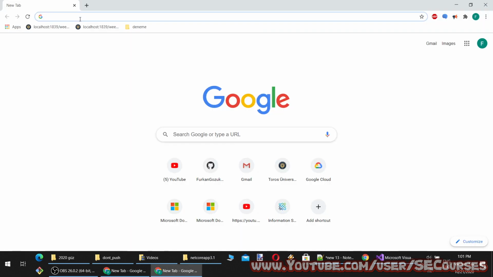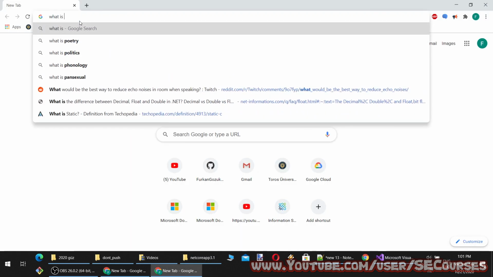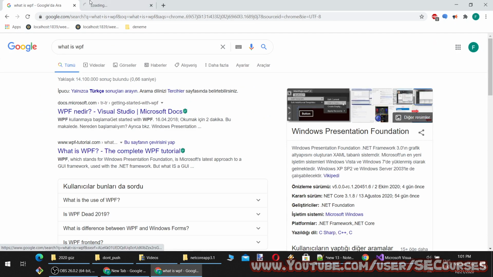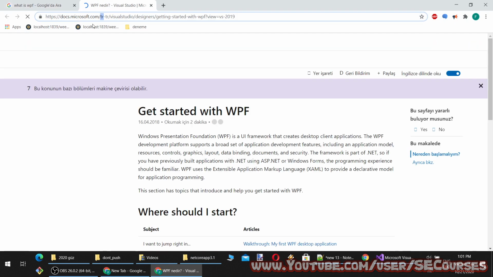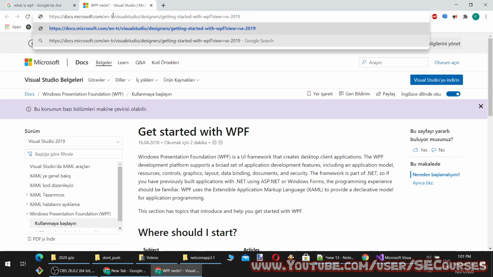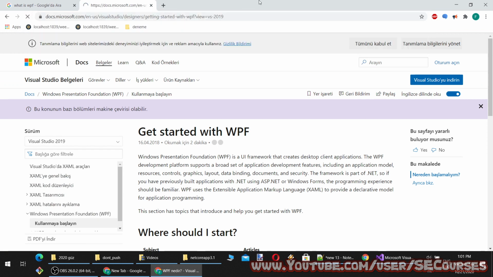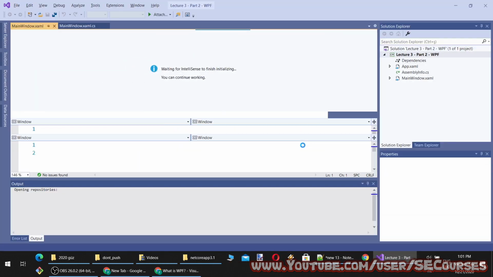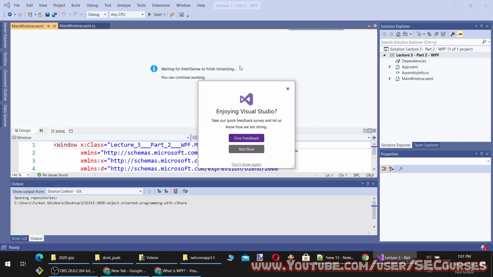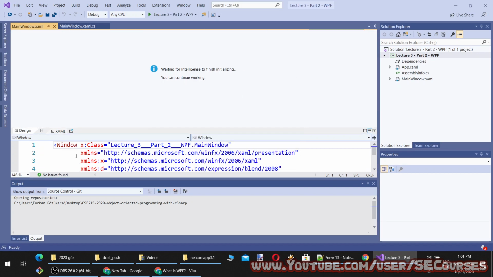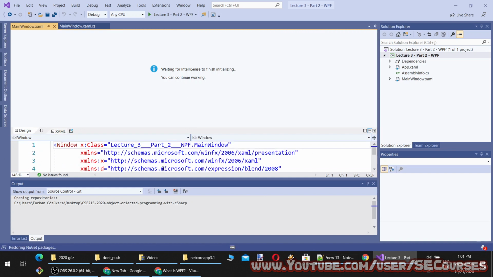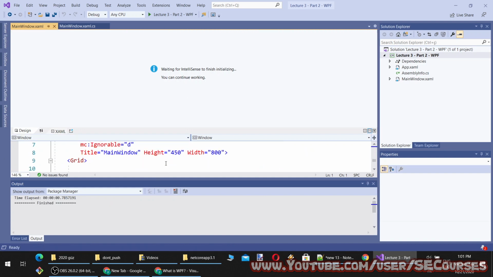So let's see what WPF is. Let's read the official definition. Our application is being composed right now. Okay, so it is composed. It has a design interface which is based on the XAML code.